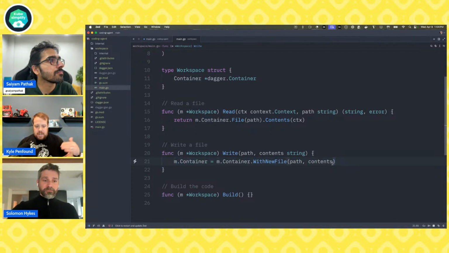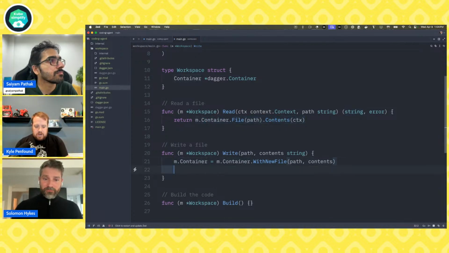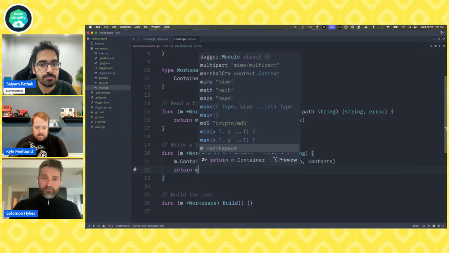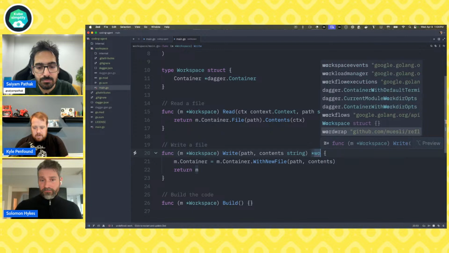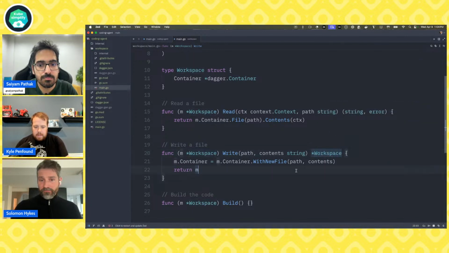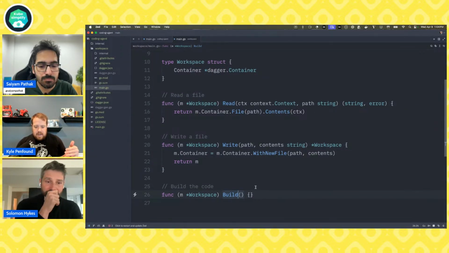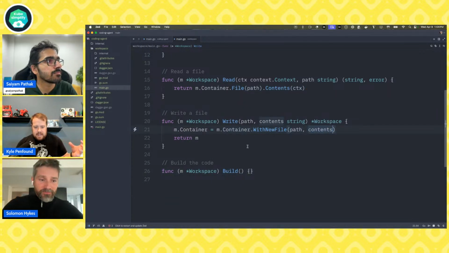Now we want to be able to chain on this like we're doing with all these other types, is to actually return m as well. So when we return that modified state, that means this will return a Workspace. Okay, so hopefully this is simple enough so far. We've made our first two tools. We have one more to create. And this one, we're just giving the file contents. This one, we're just modifying the state.